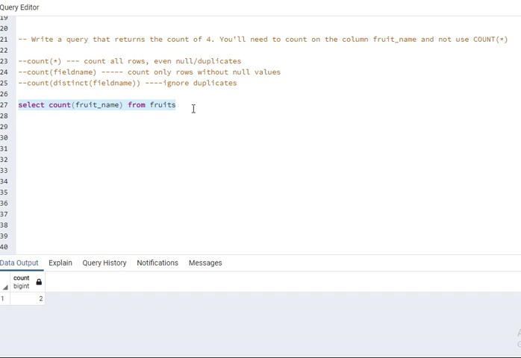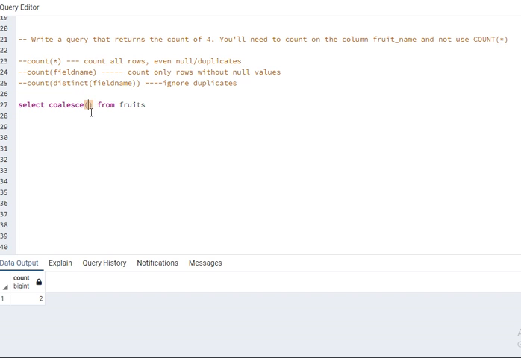So we have a function, the coalesce function. So what does this function do? This function assigns some value in place of the null value.